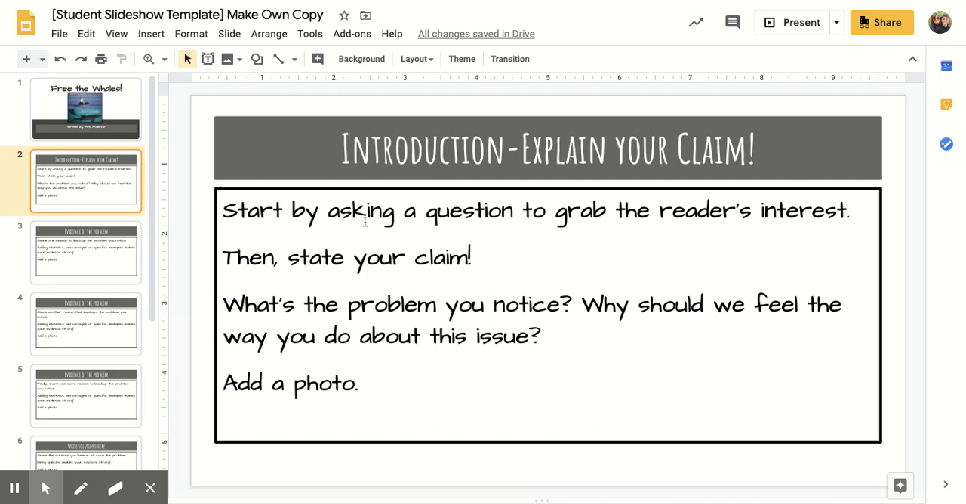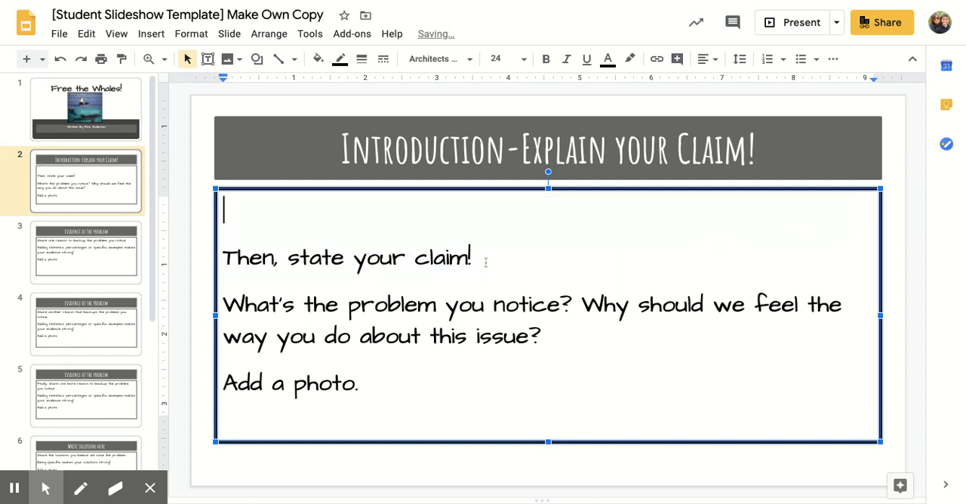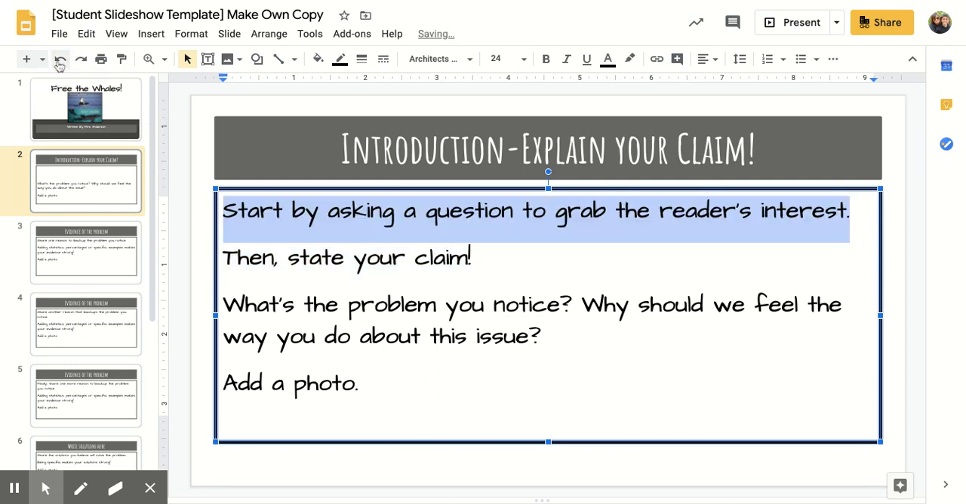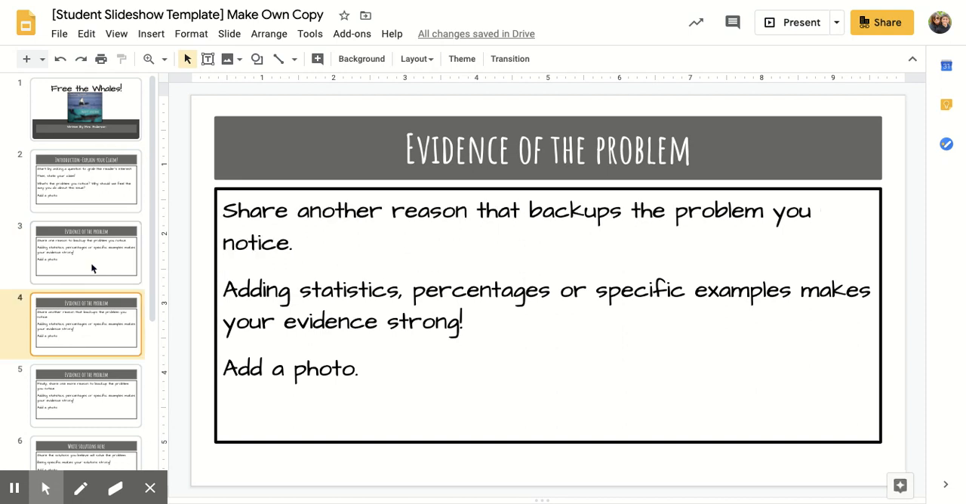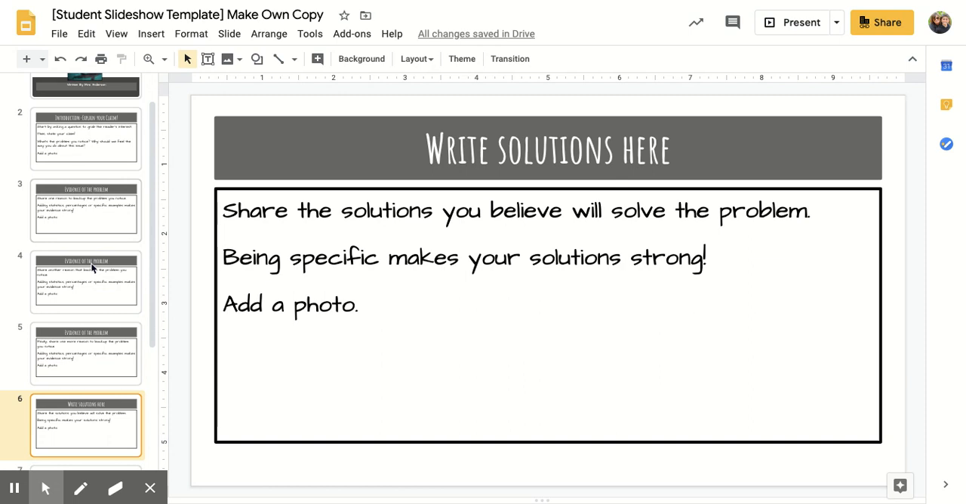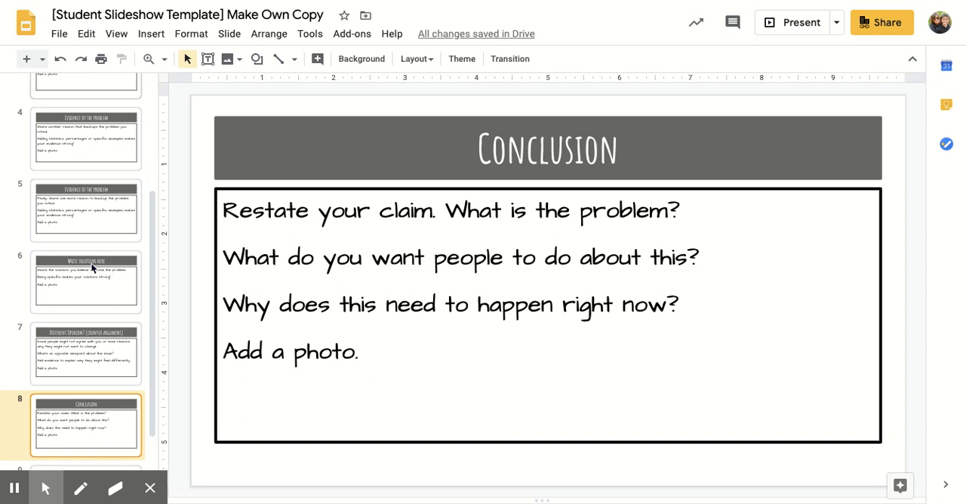And that's where you'll go and look at, in your notebooks, it says slide 1, ask a question, and you would highlight and you would delete this and you would write your question. And then you would find your claim, highlight, delete this, write your claim, add in a photo. And so as you do the work on the page, you would delete the directions. So you have your question and your claim, evidence, more evidence, solutions, different opinion, counter argument, and conclusion,